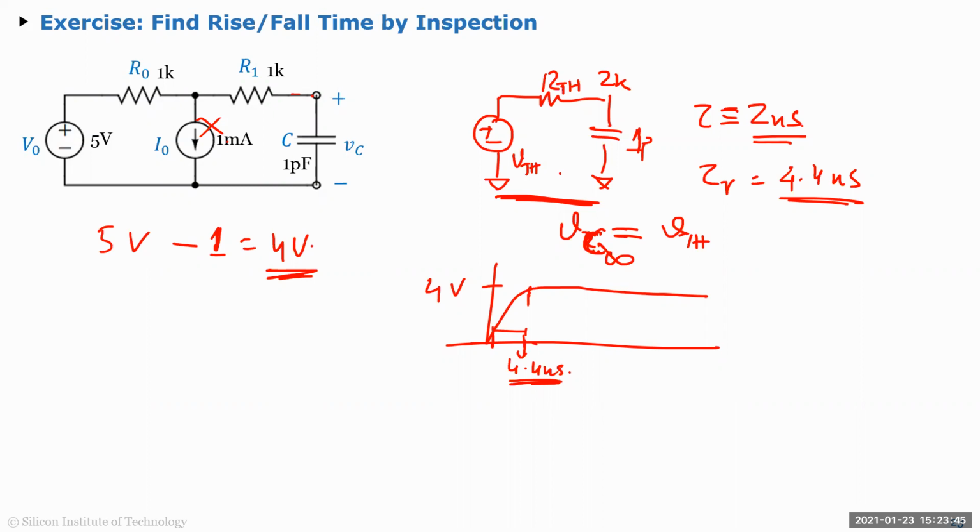And by the way, delay is usually tau. If you give an input, and this is your step input, the delay is measured from 50% to 50%, so this is typically tau. Okay, so these are the numbers good to remember. That's it